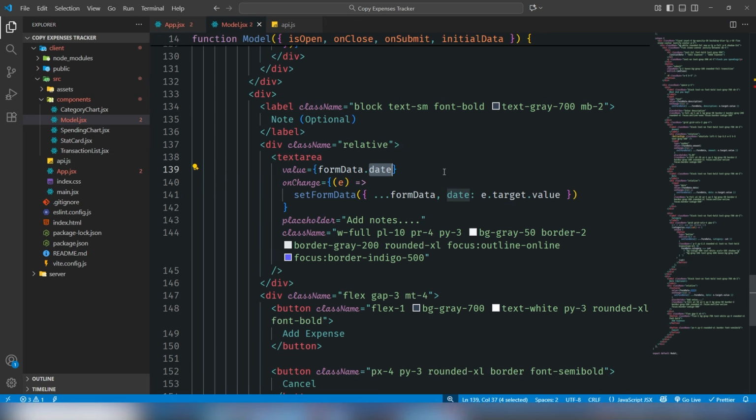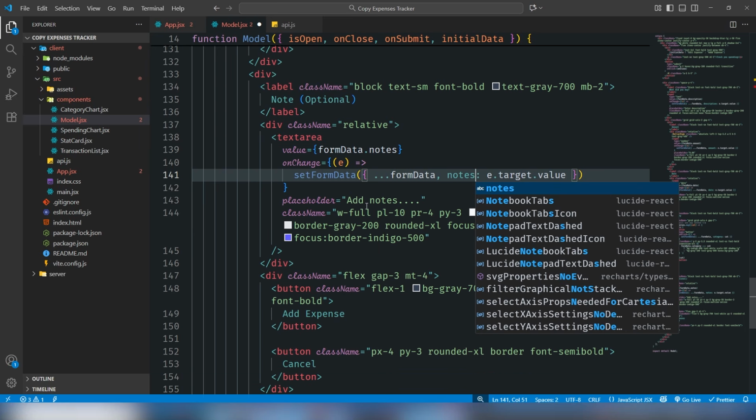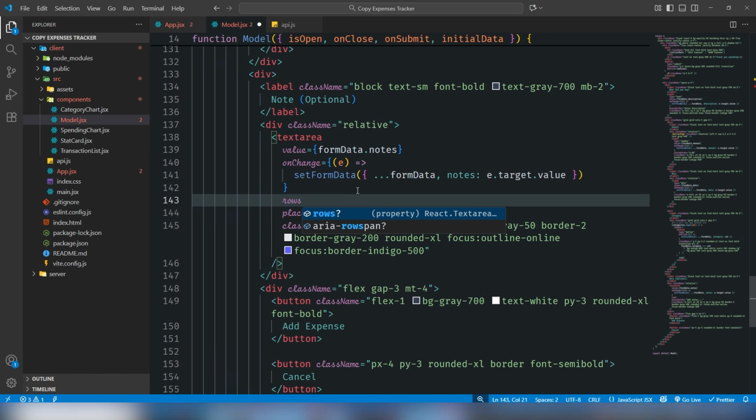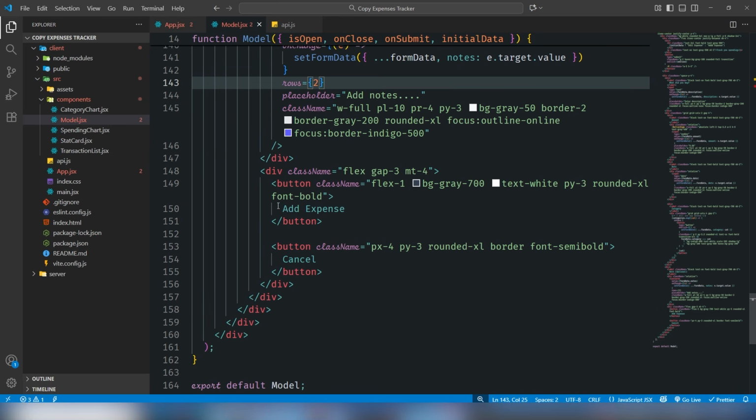The value should be notes, onChange from that, and this is the notes e.target.value. That's perfect. And also I would like to use rows, should be true, and yeah, it's perfect. So the next and last thing is